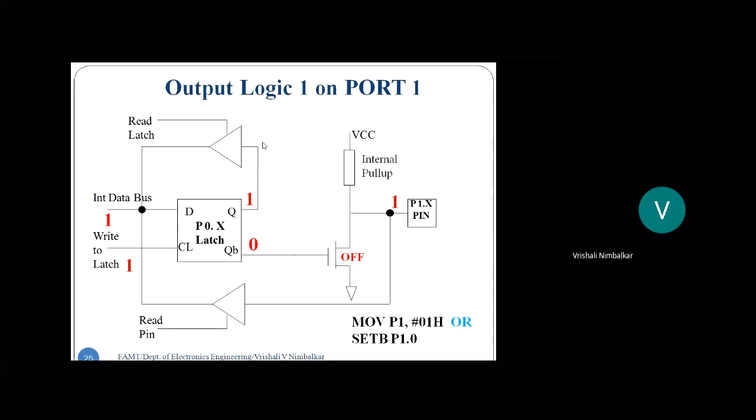Is that okay? So these both were output operations, writing operations. Remember, students, writing is what? First, the latch is written, and from the latch, the data gets transmitted to the pin. That's how the write operation happens. First the latch gets modified and the latch forwards the data to the pin. Whereas reading is different. Reading is two-way: either read the pin or read the latch.